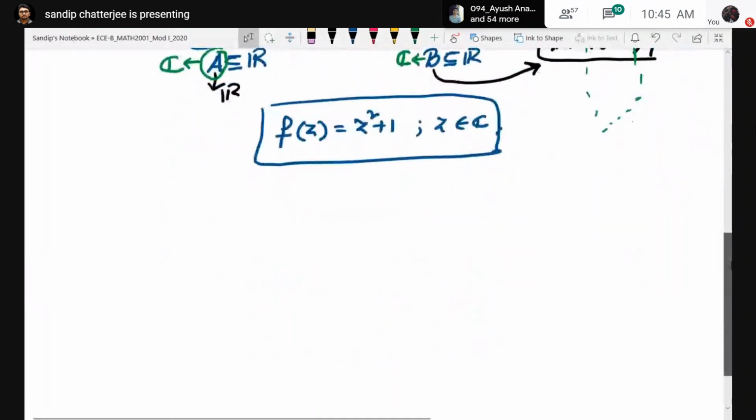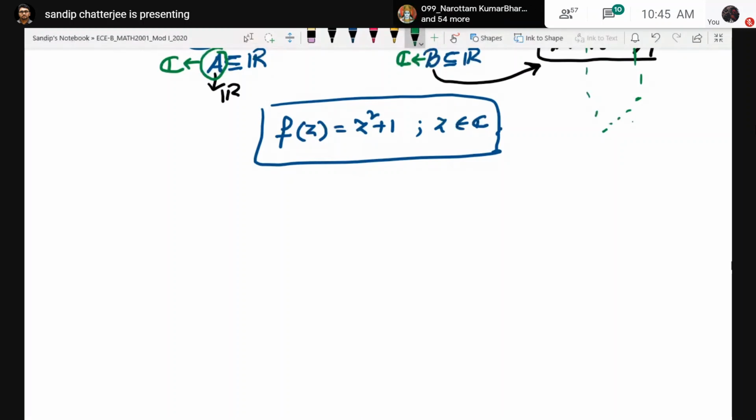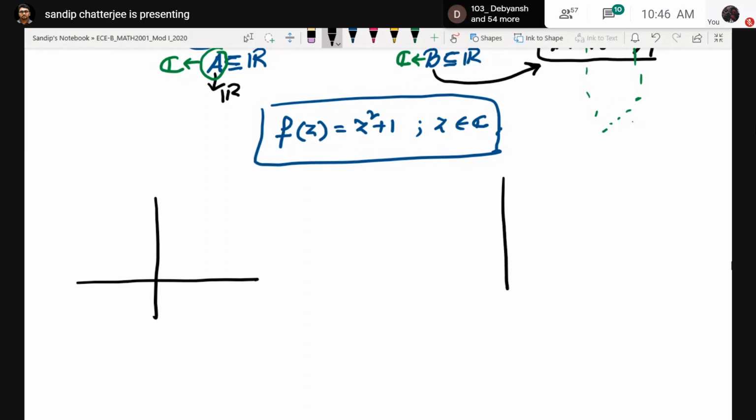So how do we plot a complex function? Pretty simple. The basic idea is instead of having a single axis system representing both your domain and range, we will now have two axis systems. One will represent the phenomena in the domain, another one will represent the phenomena in the codomain. So let us have that. Let us consider this is one axis system, which will be my domain axis system, and another axis system, which will be my codomain axis system.